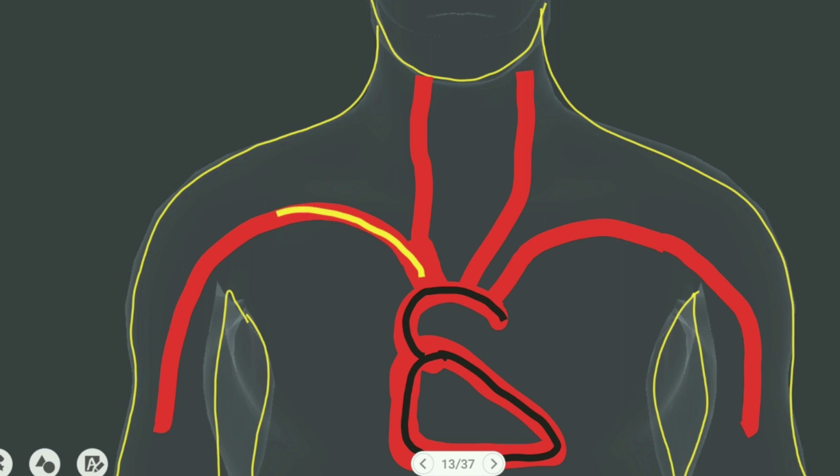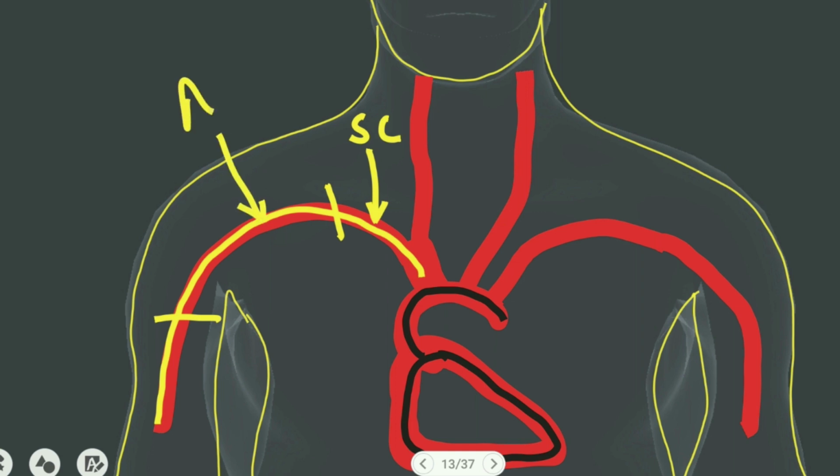This is the subclavian artery which will supply the upper limb. The origin of this artery is in the neck. After the neck, the artery is present inside the axilla. After the axilla, this artery enters the arm. In each area, the artery will get a name. In the neck, the artery is the subclavian artery. When it is in the axilla, the name of the artery is the axillary artery. And when it is in the arm, the name will be the brachial artery.